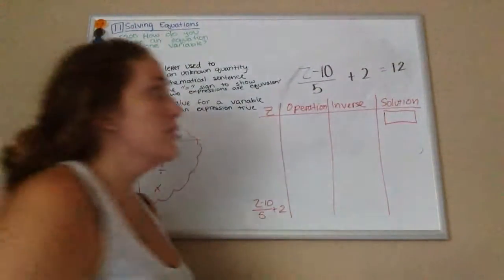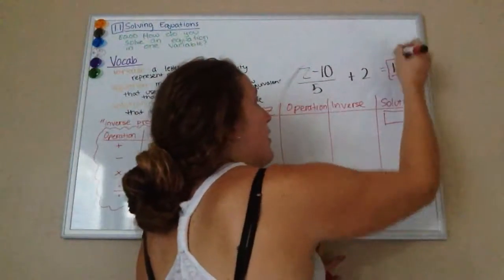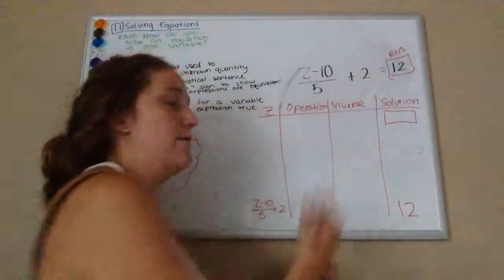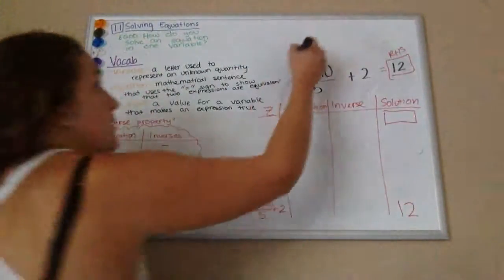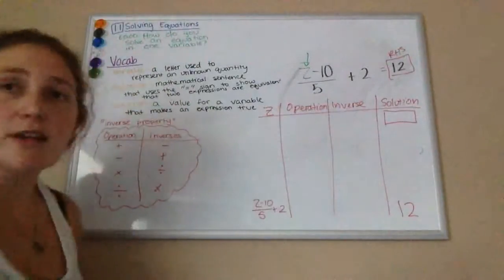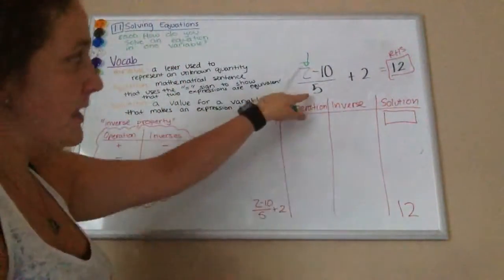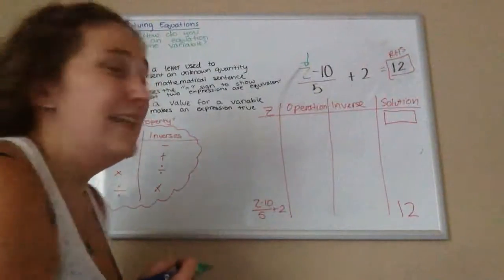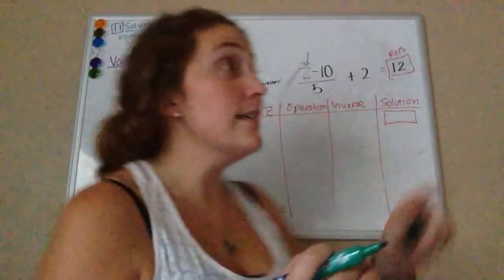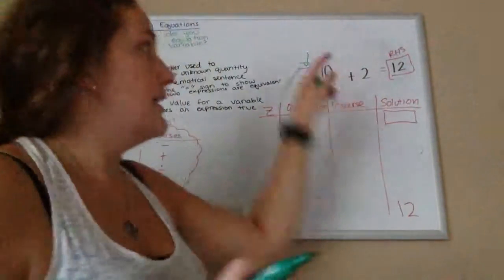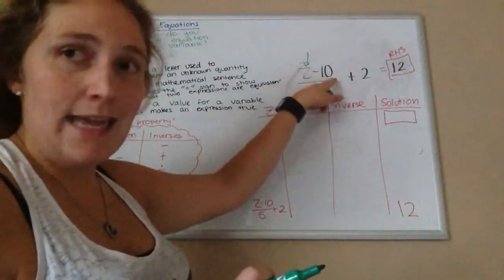And remember, to get our solution, we're always starting with our right-hand side. So we're going to start down here with our 12, and then we'll be working backwards up to our solution. Okay, so let's start out with our z. So we're starting with our z here. And if we look at the first thing that's happening to the z, we might think, okay, is it being divided by 5? Not really. It doesn't say z divided by 5. It says z minus 10